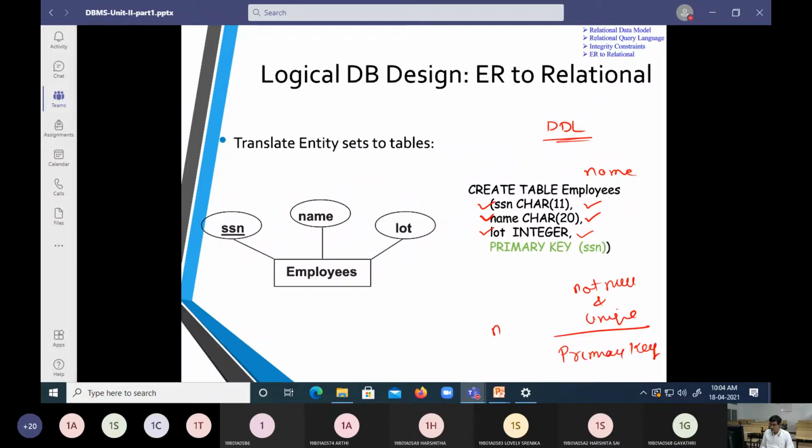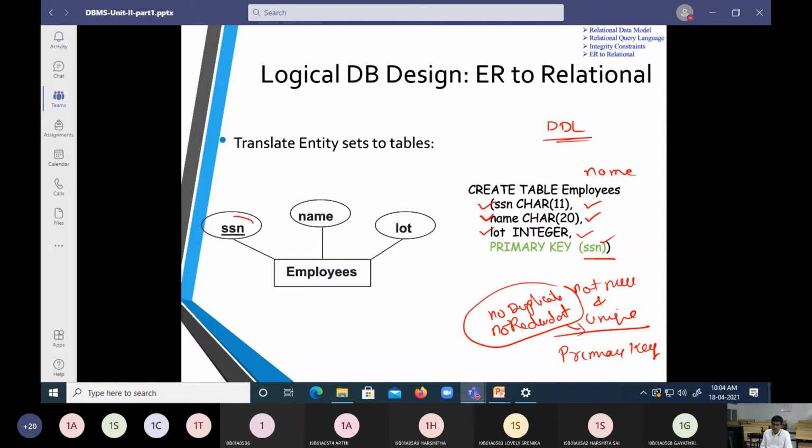So when it is unique, there is no redundant, no duplicate value going to be part of it here. So we are going to assume primary key, and the primary key we are going to define as SSN.